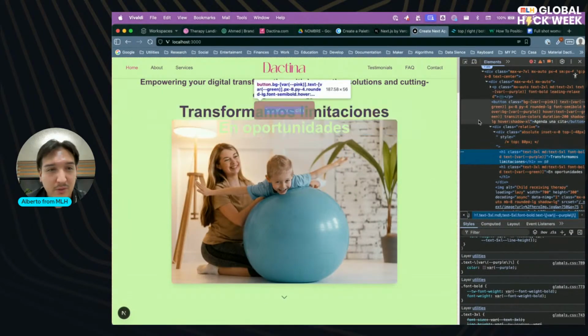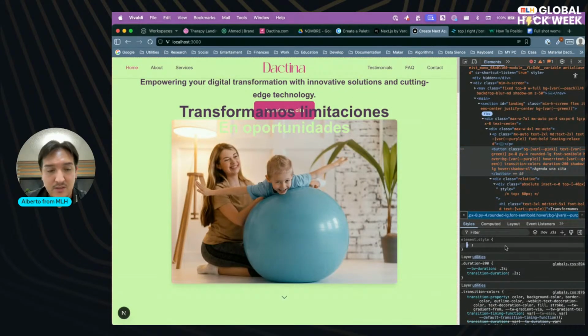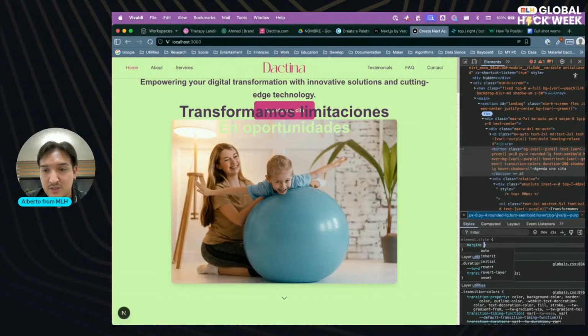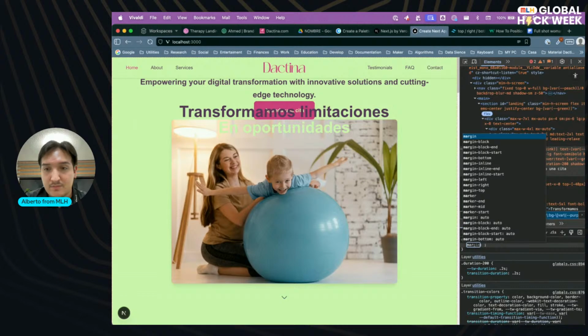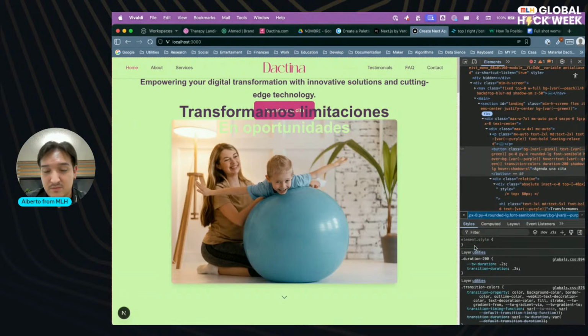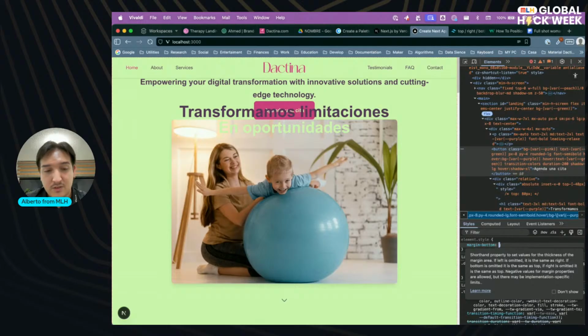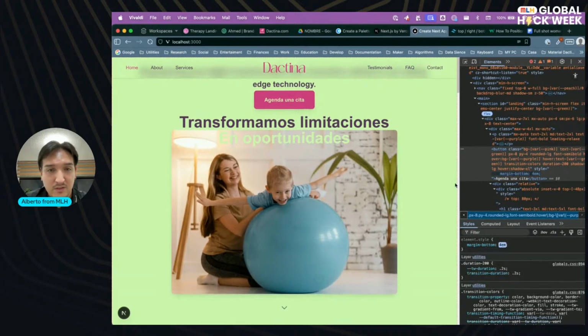And the only thing we're missing is to add a padding for this, or a margin bottom. Great. Great. This is what we want.